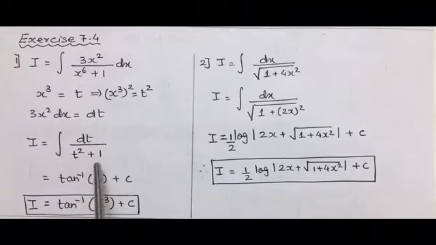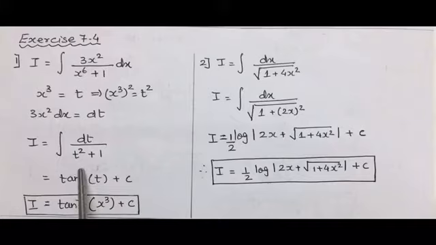Now we have got the standard integration of x square plus a square. If you see in the list, that is the third integration we have got. And the third integration says 1 upon a, now here a is 1, so 1 upon 1 will be 1, tan inverse x upon a. But instead of x we have t, so t upon 1 plus c. This is the integration that we did.